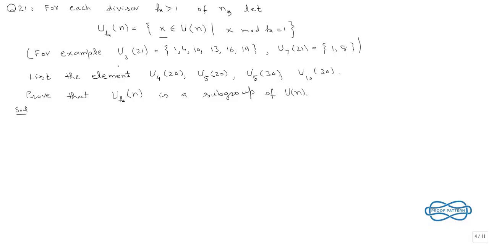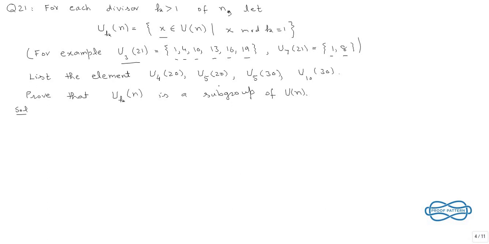For example, in the unitary group under multiplication modulo 21, U_3(21) consists of the elements 1, 4, 10, 13, 16 and 19, because whenever we divide these by 3, we get the remainder 1. Similarly, the subset U_7(21) of the unitary group under multiplication modulo 21 is 1 and 8. Only these two elements give the remainder 1 when divided by 7. Okay. Now the question is, list the elements